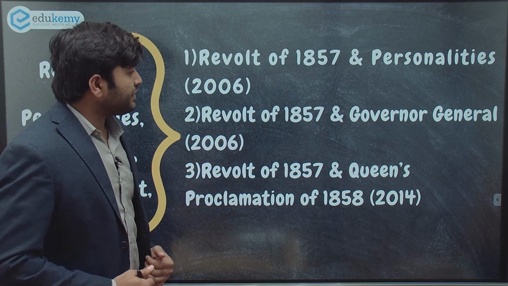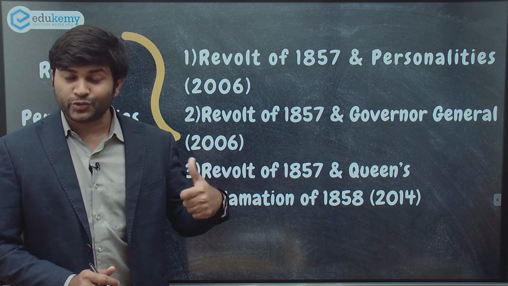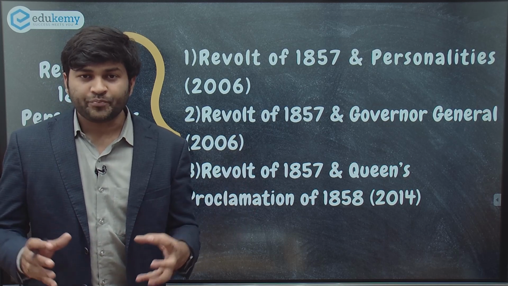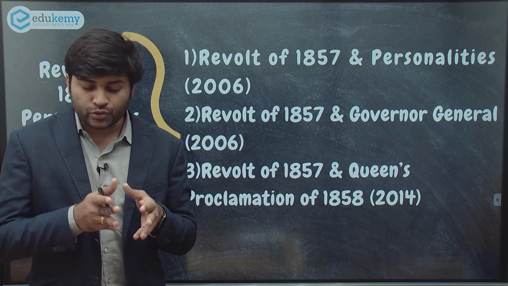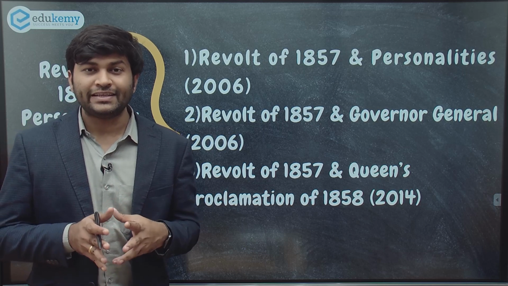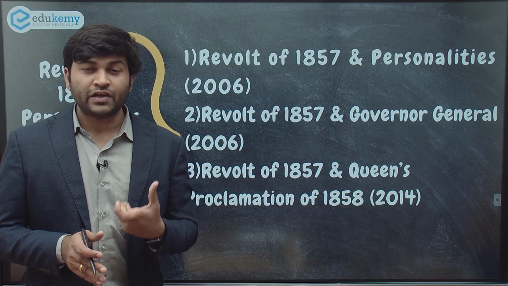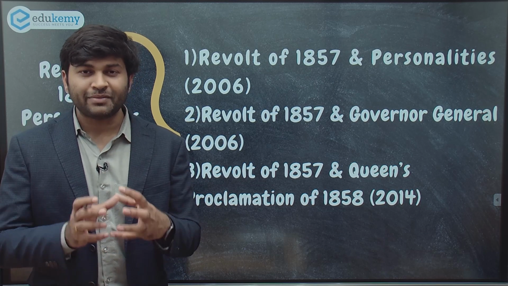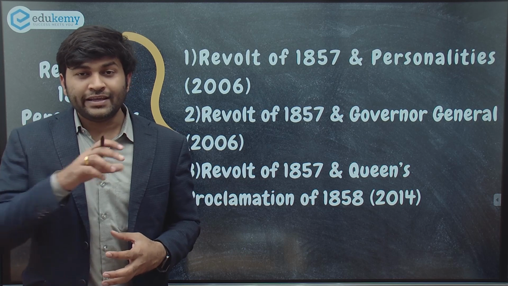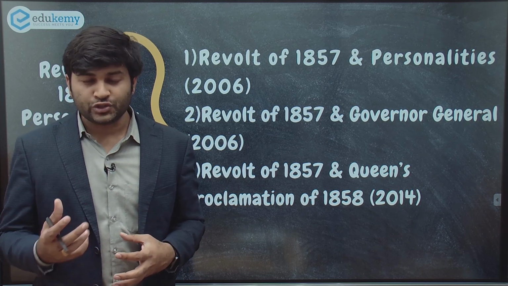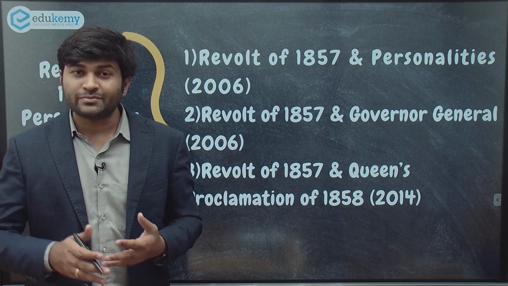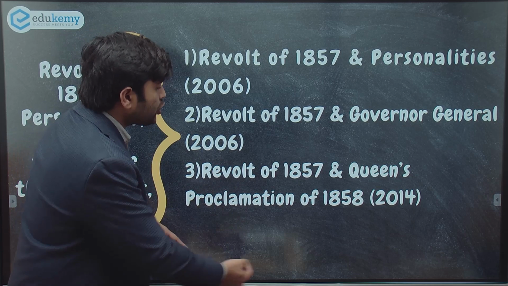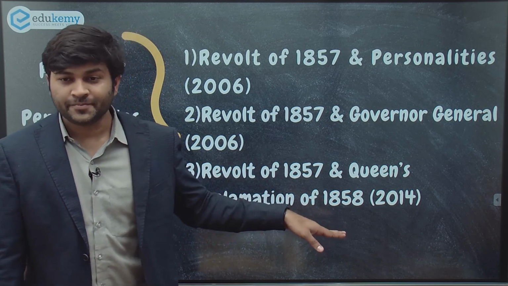Revolt of 1857 and the Governor General who was there during that time in India. So it was Lord Canning and important policies of Lord Canning. Also the impact of 1857, that is the 1858 Government of India Act and the changes. The company's rule was ended and it was taken by the Crown rule, and the Governor General was now termed as Viceroy in India. So Lord Canning also becomes the first Viceroy in India. And also along with it, the question on the Queen's Proclamation of 1858.